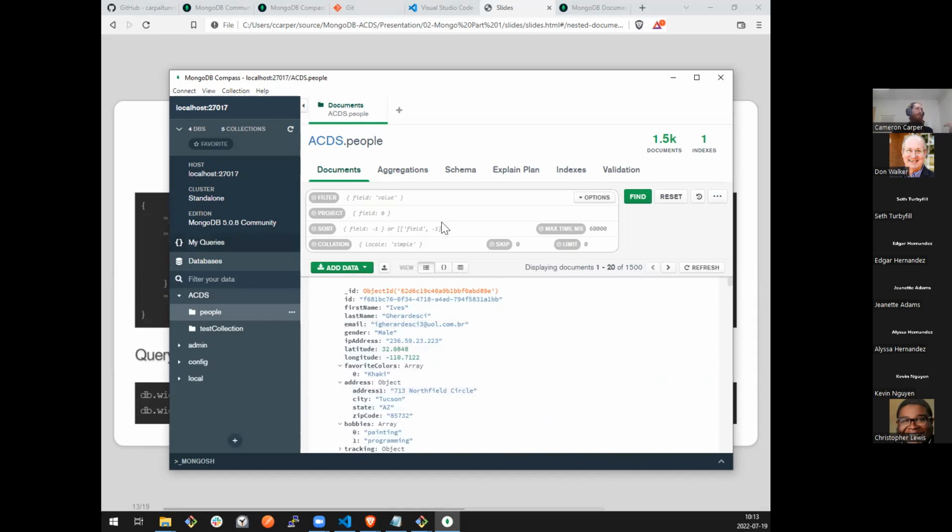So what we've seen so far is we've only queried the fields that are in the very root of the document. We use first name, last name, we use email and IP address. What if we need to go deeper? What if we need to get into nested fields? It is extremely simple.